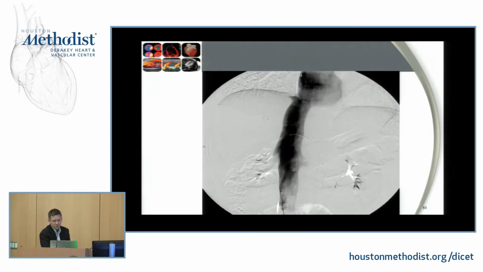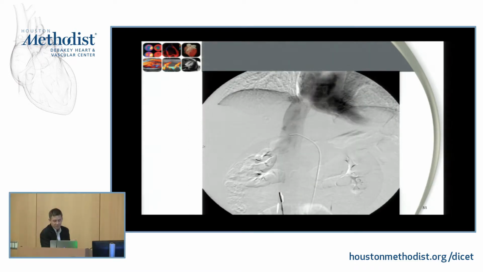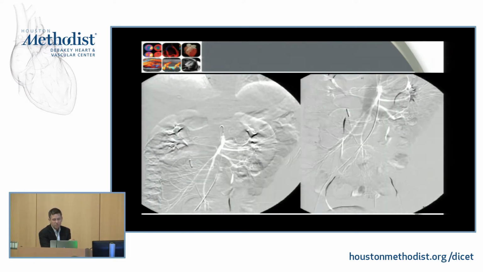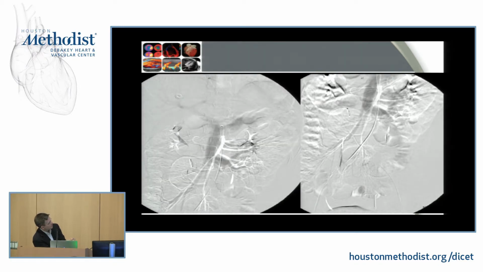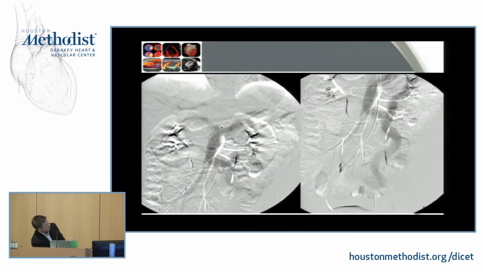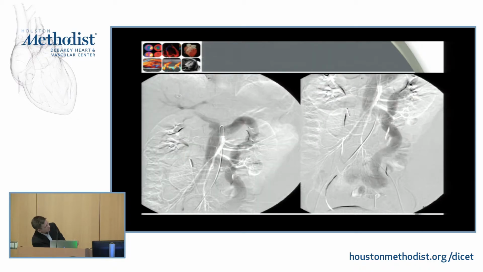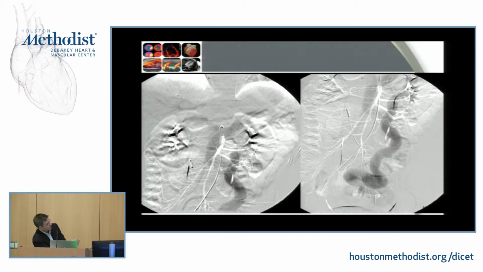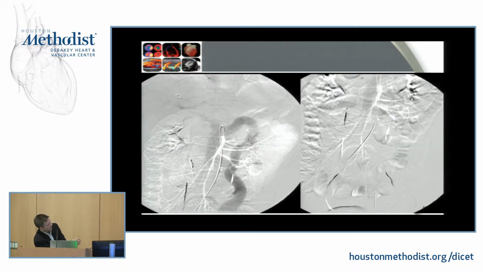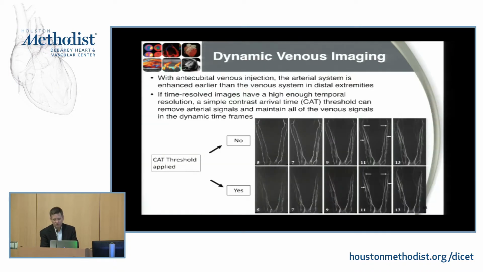So then with further imaging, you can see that the venous system looks like it's widely patent, so there's not obstruction there. And then with further imaging through the arterial system and subtraction delayed imaging, you can see actually the venous phase enhancing and these large collaterals and this huge AVM coming up from the pelvis. So sort of on delayed imaging with road mapping from the SMA, and then allows them to direct intervention from